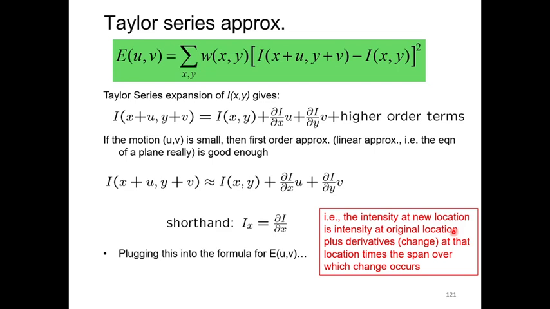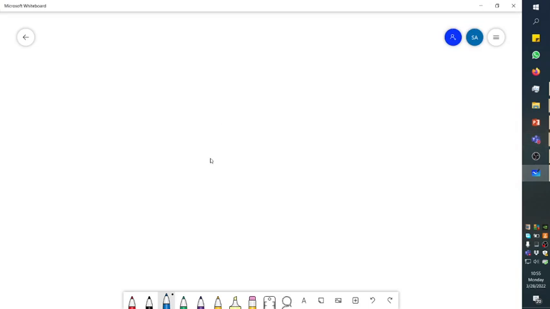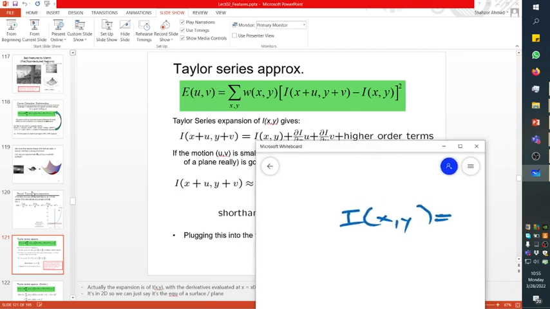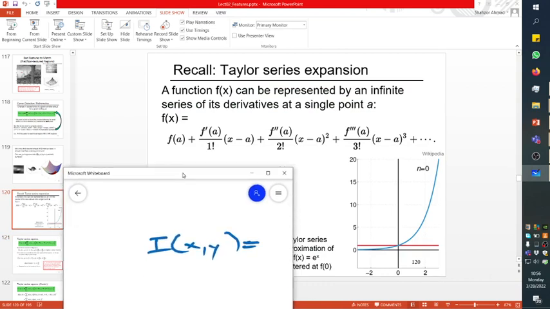So at this point, what we will do is to approximate the image I of xy, rather a certain local region in the image, using its Taylor series approximation. ठीक है. तो सबसे पहले हम ये काम कर लेते हैं. So for instance, what we can do is to approximate I of xy using its Taylor series approximation. So what we will do is, with reference to the Taylor series approximation,